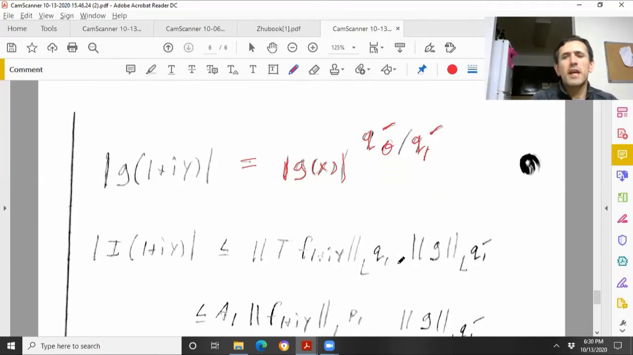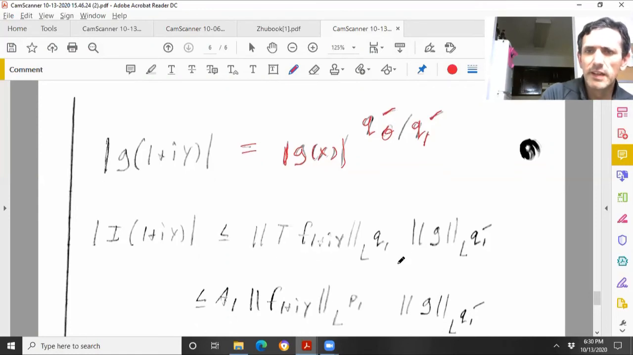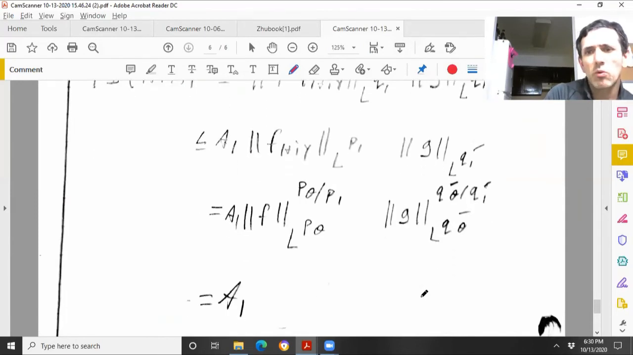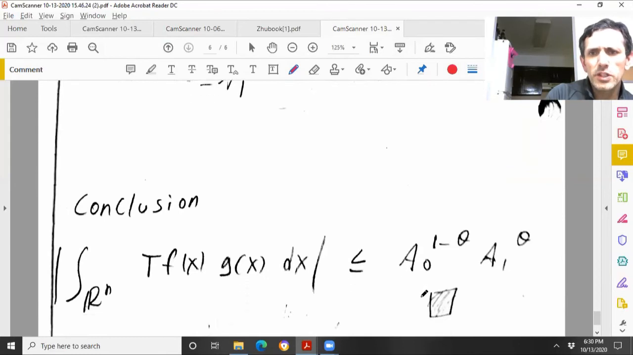Sorry, again, there are very easy modifications if q1 or p1 are infinite, or if q1 is 1. Well, if q1 is 1, q1 prime is infinite. Very easy modifications handle that. But anyway, again we use the other bound we have for T, okay? And then the same kind of thing we did before. This is going to be equal to the L^p_theta norm of f times the L^p_theta prime norm of g, which is just A1, okay? So the conclusion is that putting all these pieces together, this is I_theta,